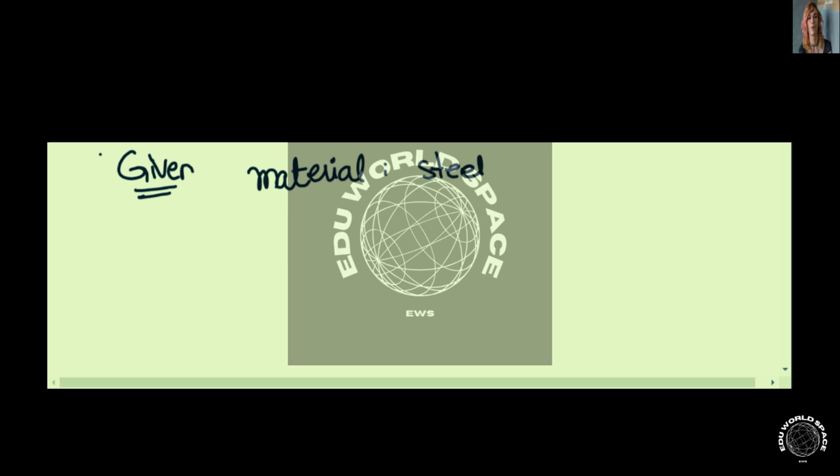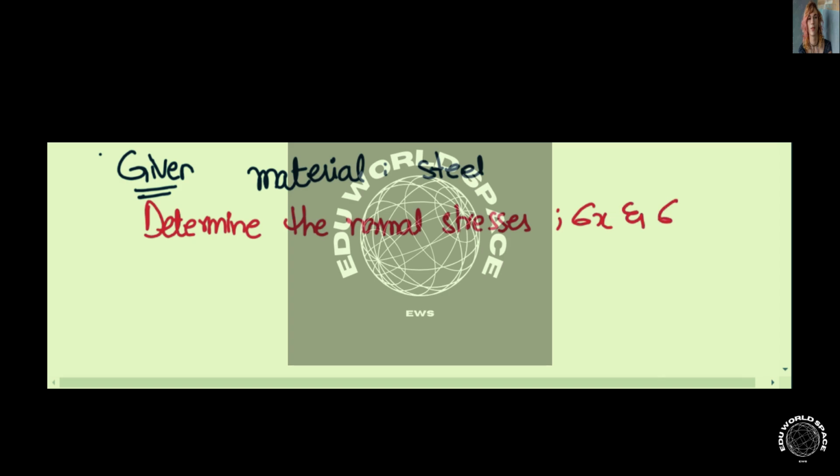Now, we are required to determine the normal stresses, that is sigma sub x and sigma sub y, in the plate, and it says that the temperature is increased by del T that is equal to 100